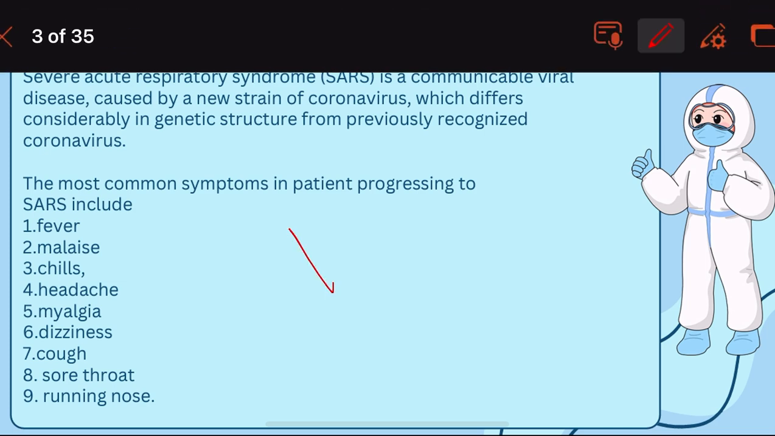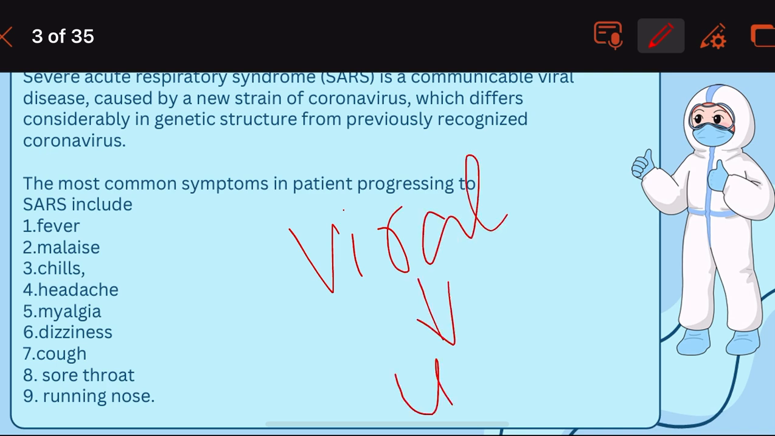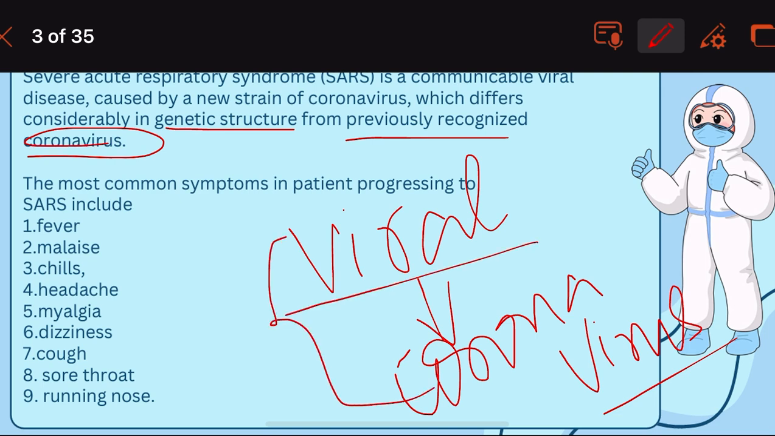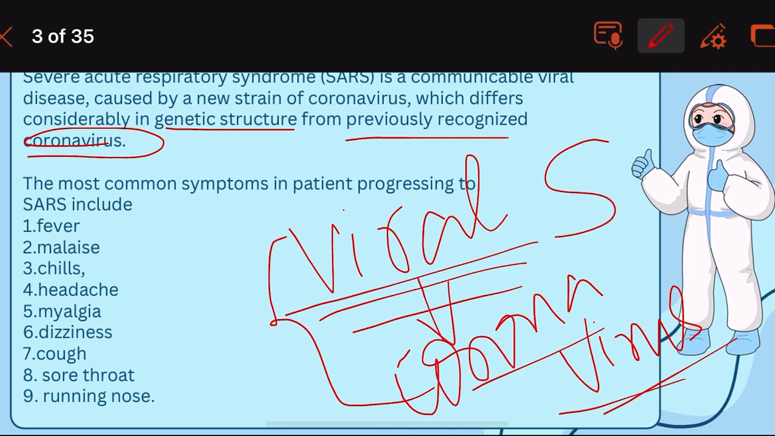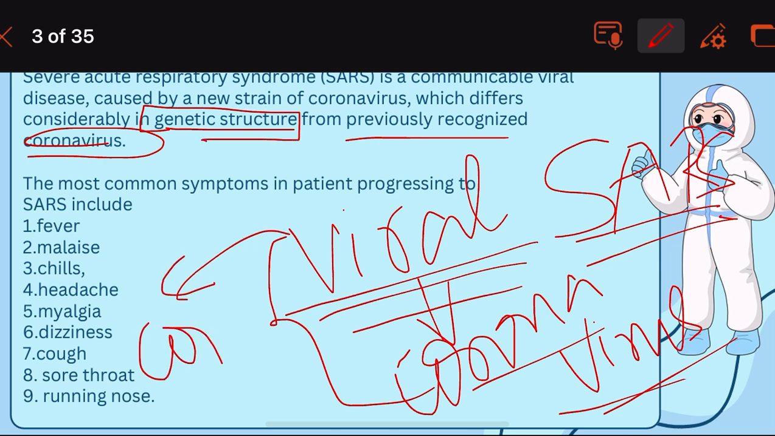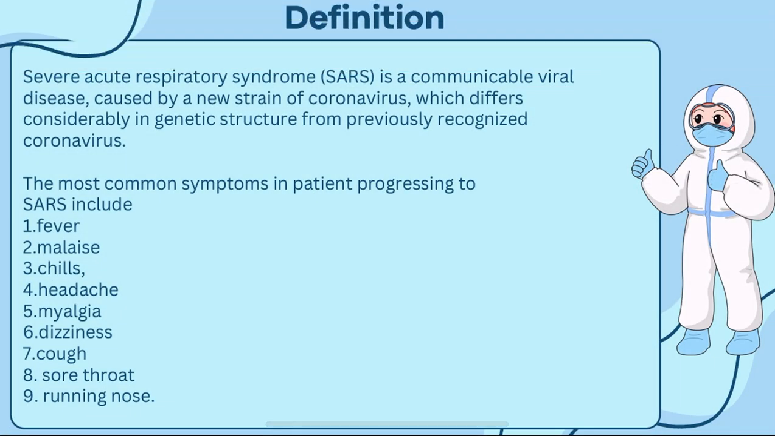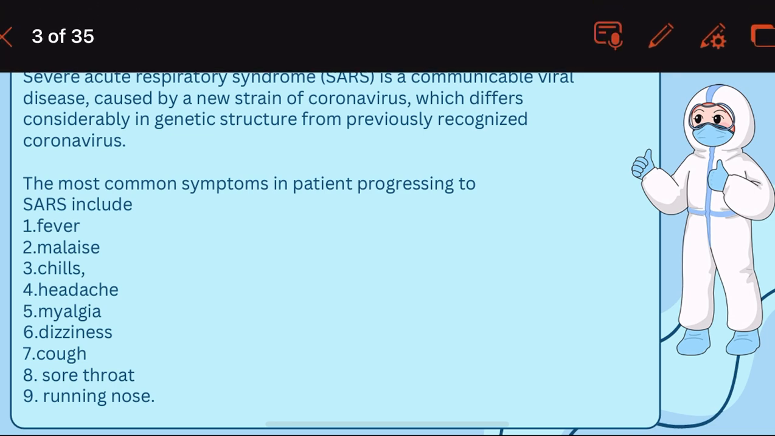Since it is a viral disease, it is caused by coronavirus. And this coronavirus differs in genetic structure from the previously recognized coronavirus. The new genetic strain of coronavirus, which is causing SARS, is considerably varying in its genetic structure from the previously recognized coronavirus. Moving further to the most common symptoms in the patient who is progressing to SARS, they include